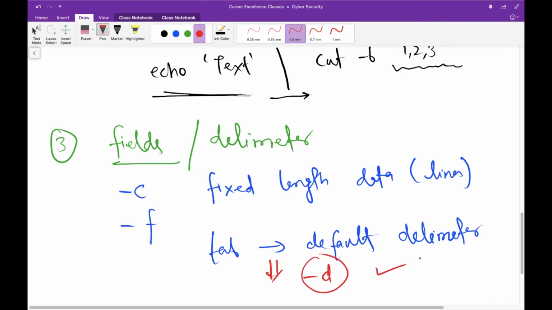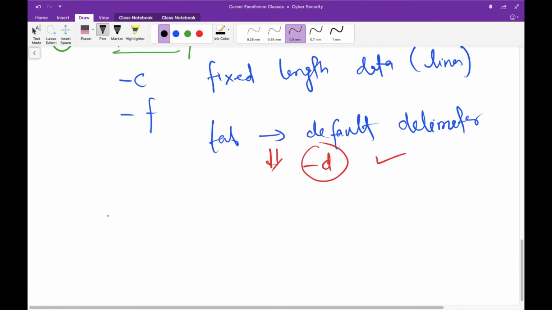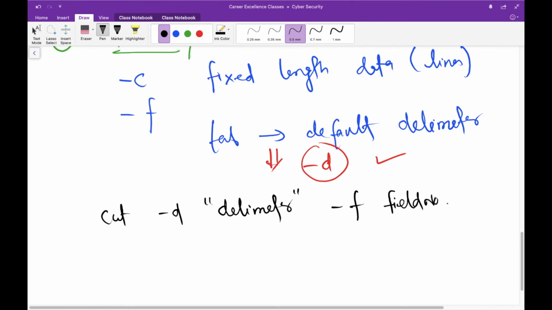Clear? So the syntax of this command is, you have to use cut, then -d, and provide some delimiter. After that you can use single or double quotes here, then -f. After that you have to provide field numbers and then the file name. So if fields are separated by spaces, like I have shown you in the previous file where I was writing names, those fields were separated by spaces, and if you are not providing this -d, in that case the whole line will be printed.